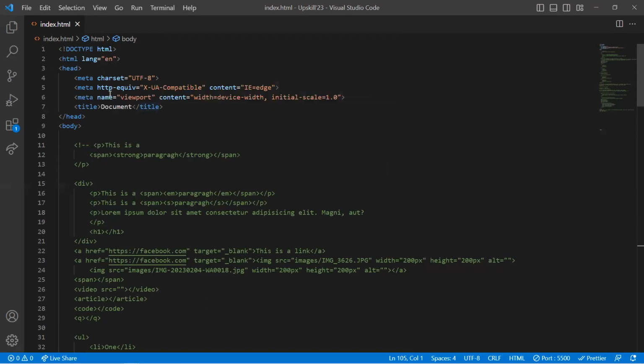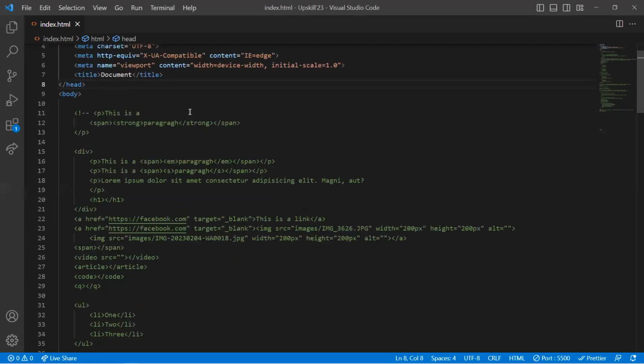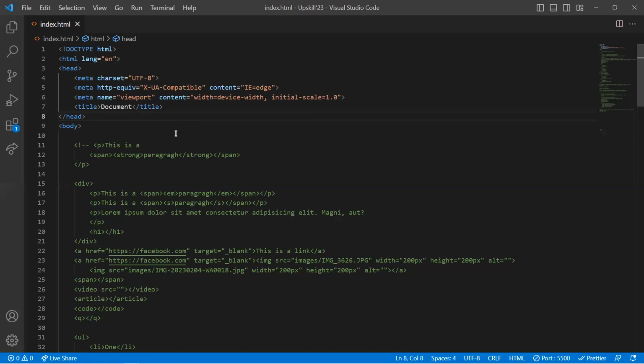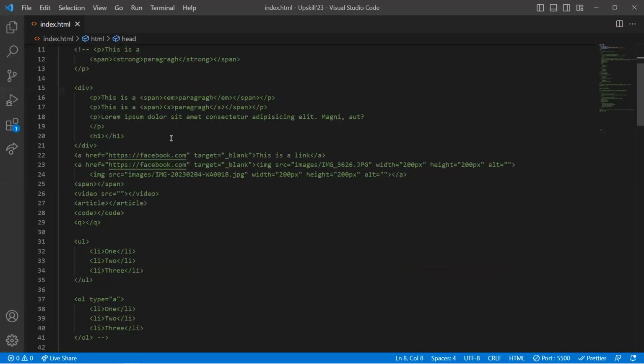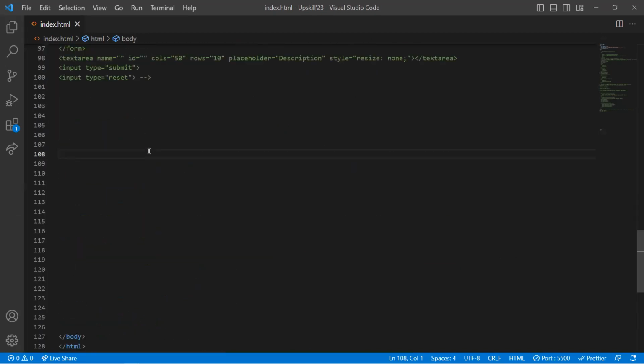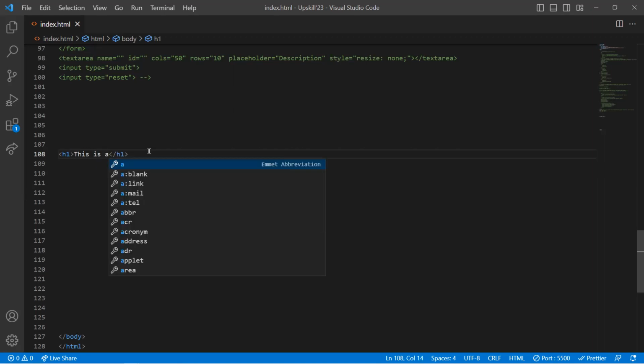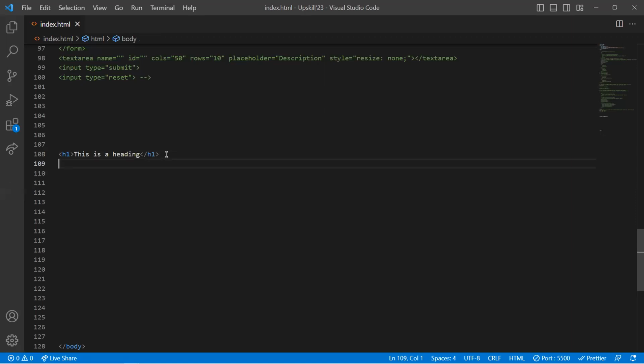So let's see how we can add CSS. Okay, first of all, there are different ways to add CSS to your elements. Let's say we have H1 here. Then we have